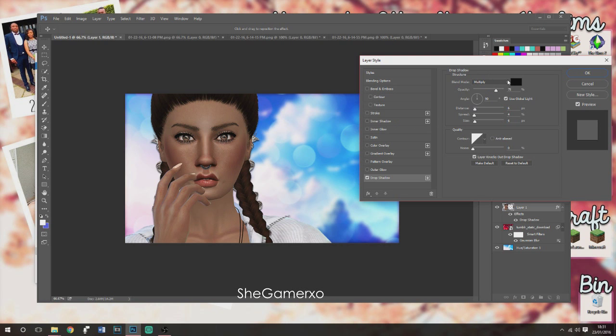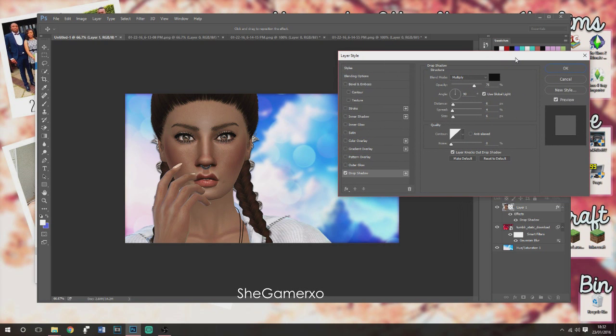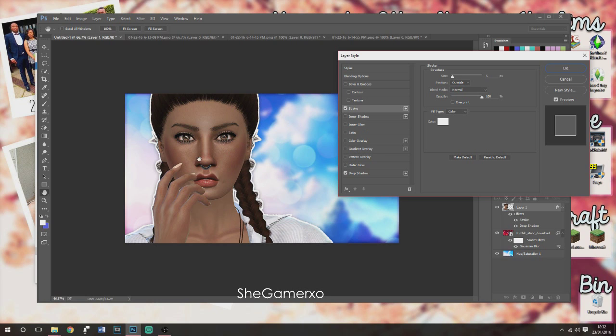So I'm going to keep it as multiply and opacity at 75%, and I'm going to drag the distance just a bit, not too much. I don't want it to be out of place. And then I'm going to add a spread just a bit, and add the size just a bit, and then I'm going to drop down the distance again and drop down the spread again, and the size just keep roughly the same. Go now to stroke, and as you can see, it adds a little stroke on the